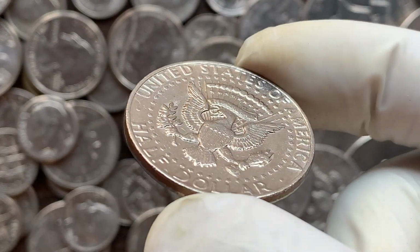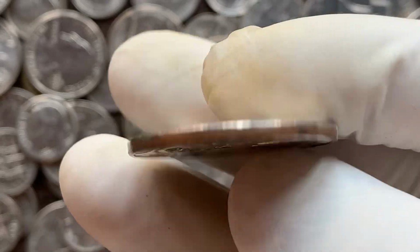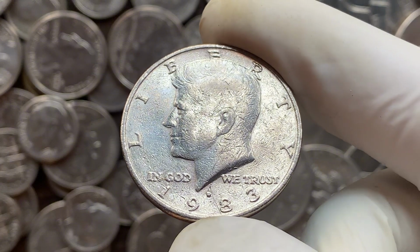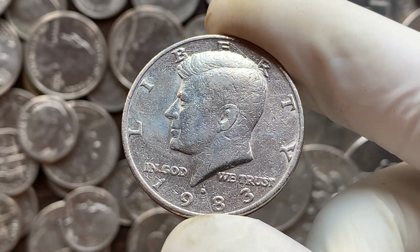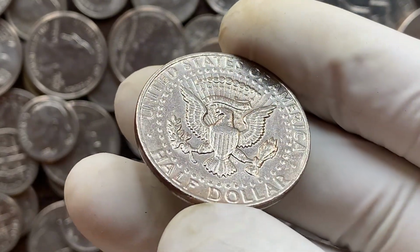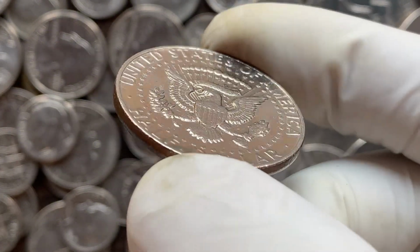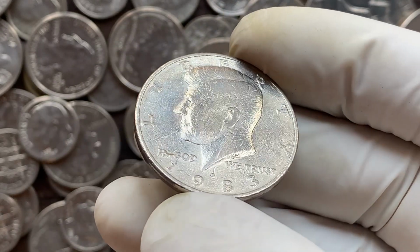investment. So next time you sift through a roll of half dollars, don't overlook the 1983. It may look like everyday change, but beneath its plain surface lies a world of minting mischief and hidden value. From clipped planchets to over-punched mint marks, this humble coin rewards those with patience, a sharp eye, and a willingness to weigh, measure, and magnify. And with that, our journey through 3 transformative years of Kennedy has come to a close. Whether you inherited these coins